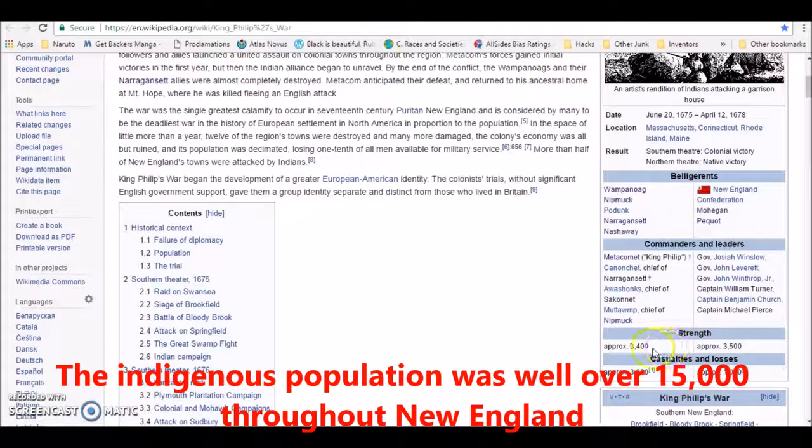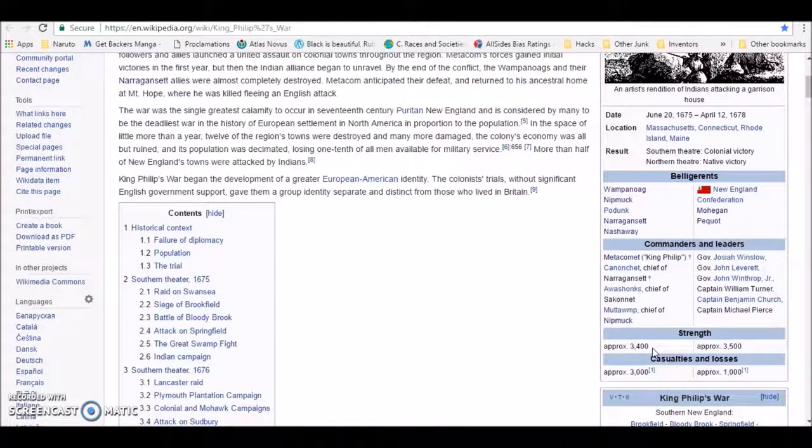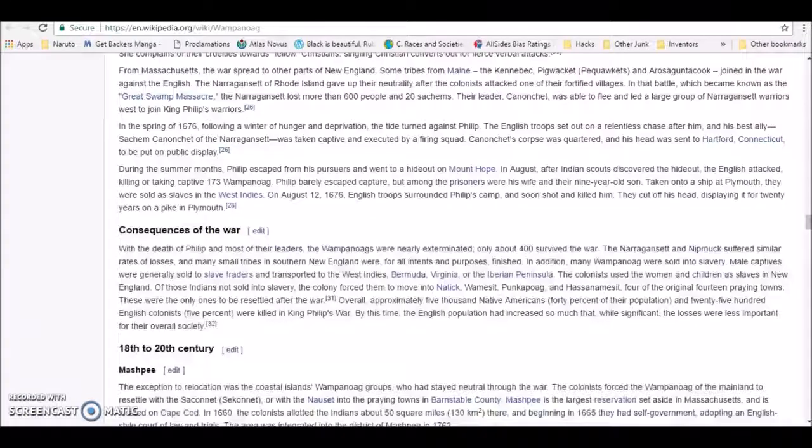But this one on Wikipedia, I use Wikipedia as a secondary source. My primary sources will always be artifacts and books and drawings and paintings that were created in those time periods. I really don't use Wikipedia like that, but I just use it as a general basis to get a general understanding. Then I go to the primary source. Now, they have the casualties at 3,000. And on this page, they have it at 5,000. I'm just showing y'all this because